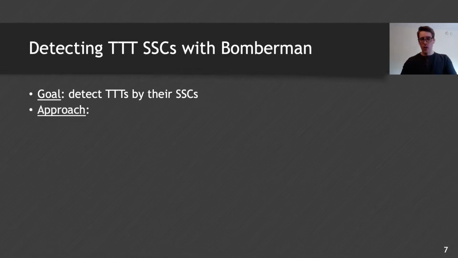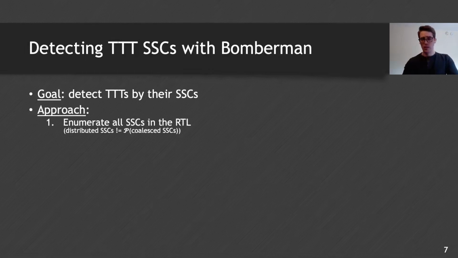How does it work? Well, we first start by enumerating all SSCs in the design. While coalesced SSCs are simple, we just look for registers. Distributed SSCs are more complicated. We must search for all possible connections between coalesced SSCs. While this may seem computationally infeasible, since in the worst case the set of distributed SSCs would be defined by the power set of all coalesced SSCs, in practice it's actually not. The circuit itself constrains this set size since every register is typically not directly connected to every other register in the design. Once we have a list of all SSCs, we initially assume that they are all suspicious, or part